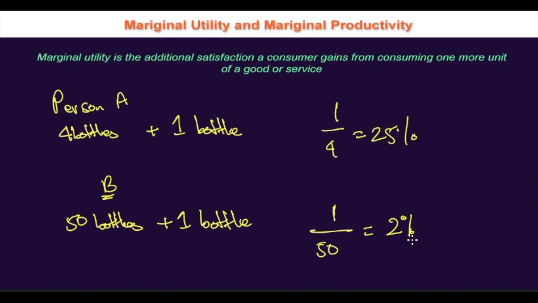Now, people will only buy when there is positive marginal utility for a product. If there is no additional benefit for a product, you will stop buying it. For example, if you order burgers, the first one would be tasty. When you eat the second one, you might have positive marginal utility, but it won't be as high as the